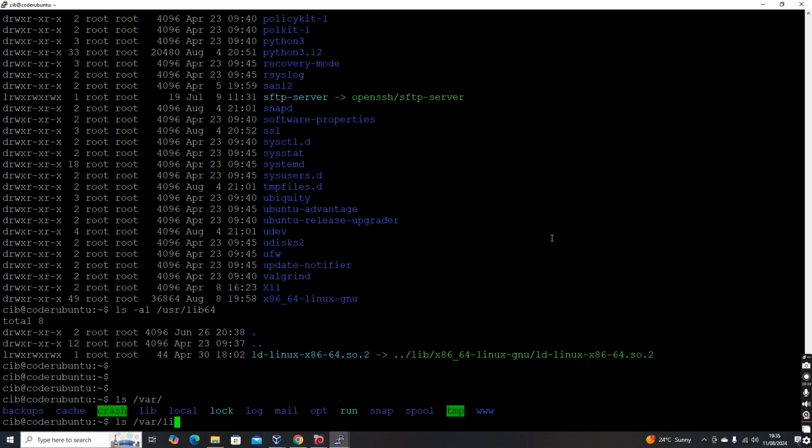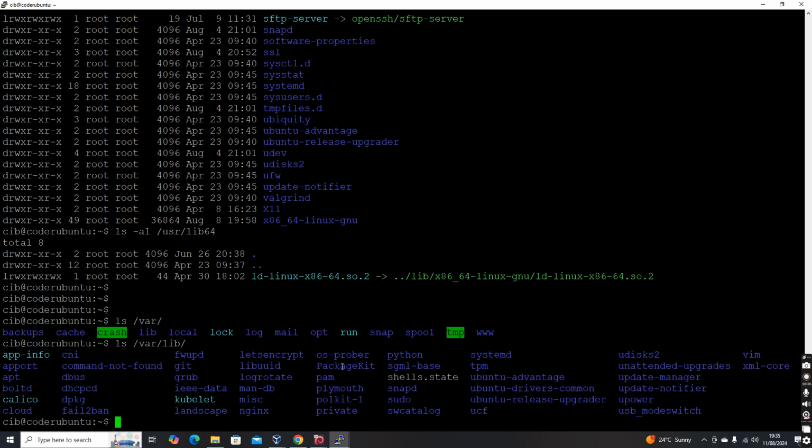For example, var lib, let me see whether we have something over here. I don't have MySQL in this machine, but var lib nginx is there. Then let me install MySQL. If I install MySQL, I think MariaDB will come.